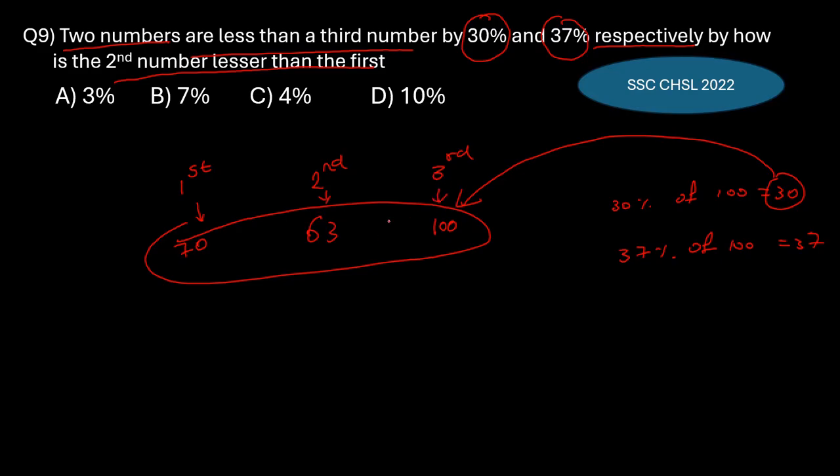And we are asked to find by how much percent the second number is less than the first one. Look at this, guys. What's the difference between these two numbers? It is 7. So let me tell, this is 100%, this is 63%, and this is 70%. So the second number is 7% less than the first number. So that is our answer. I hope everyone is clear with this question, guys. Going ahead,